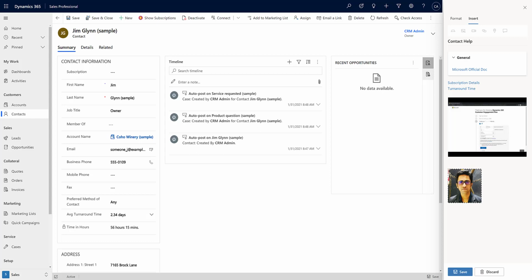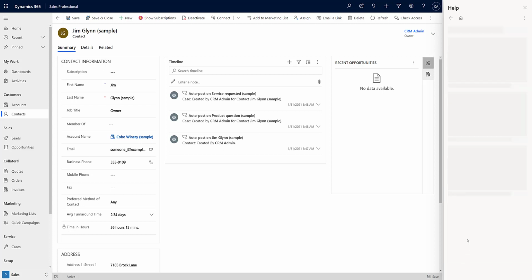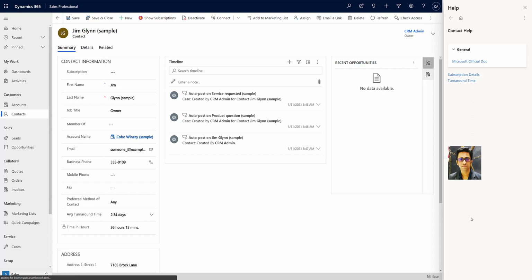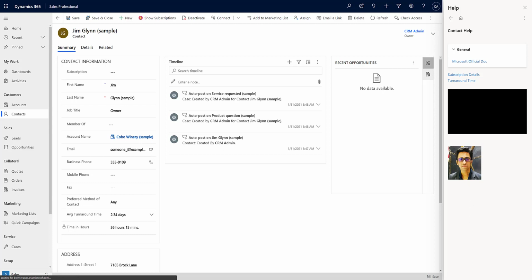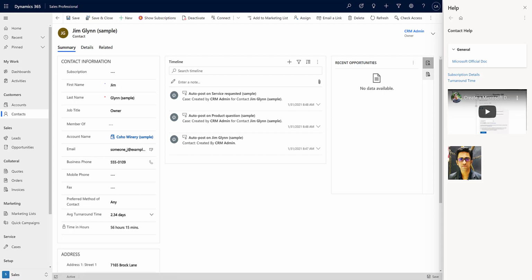and quite self-explanatorily it will come up like an image on the help page. Somehow I'm not able to see the title which I've entered, but I'll check that out. So this is how my image will appear. My entire pane looks like this. It takes a while for the video to be loaded, but my image is displayed right there. And that's how you can design your custom help panes in Dynamics 365.